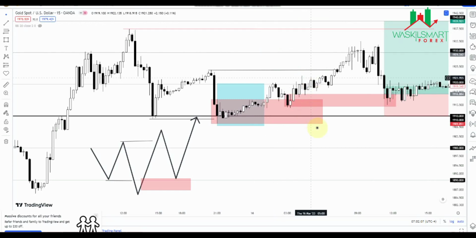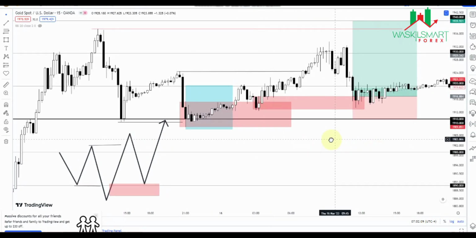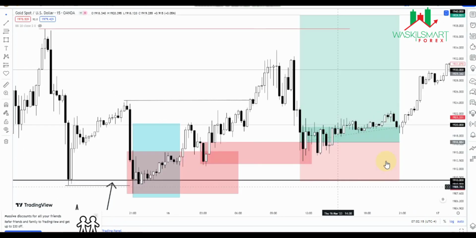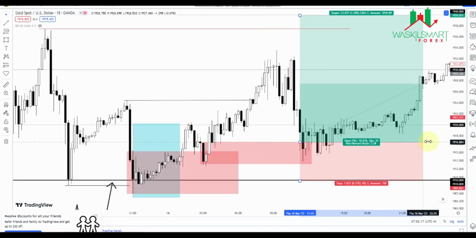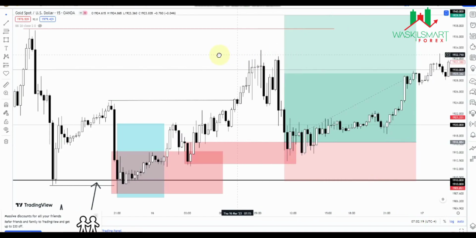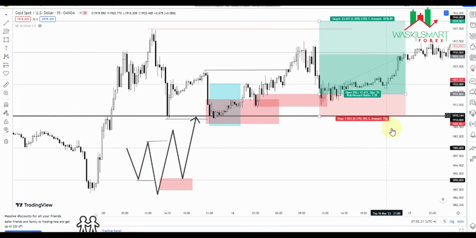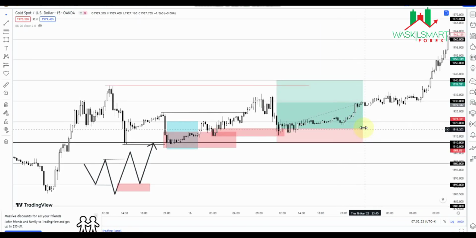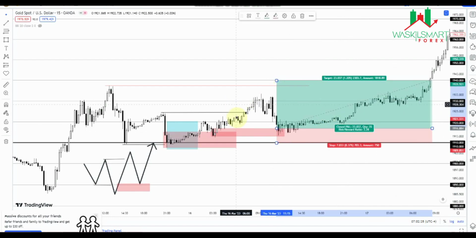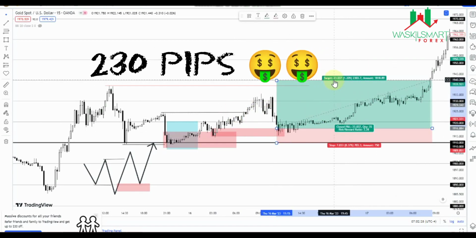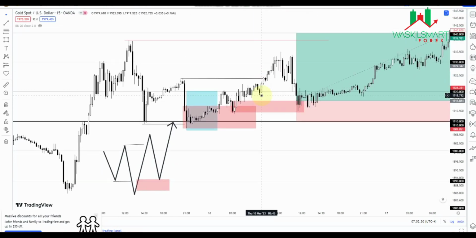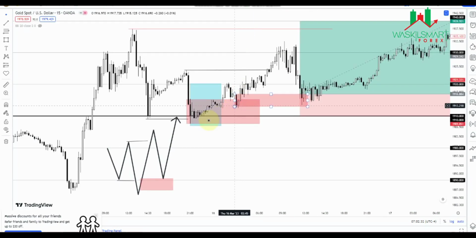You can just put it here, and let's see. 230 pips as a profit. Yeah, obviously amazing movements. The whole 230 pips on one particular trade, that's amazing, right? So just do it this way. So that's the whole structure and the whole steps for the psychological level